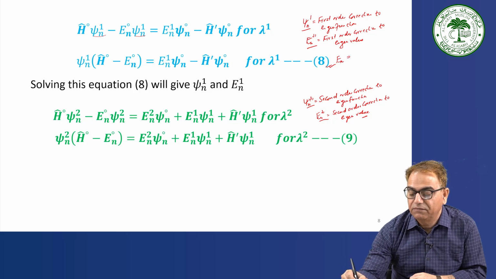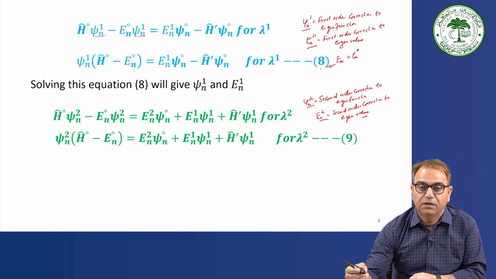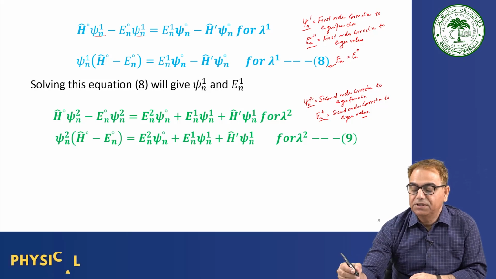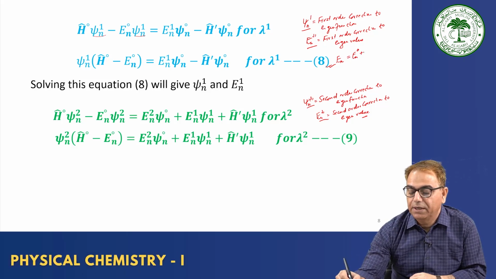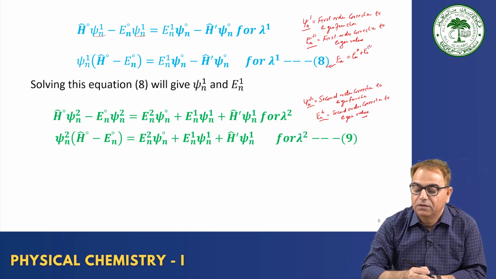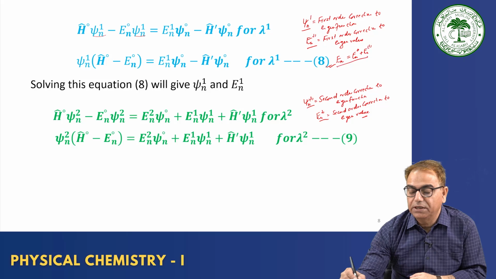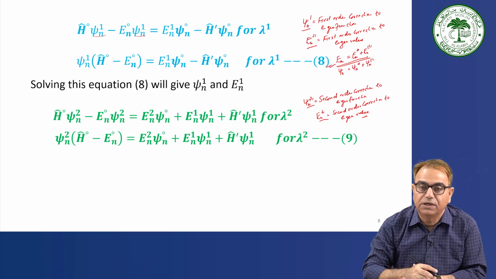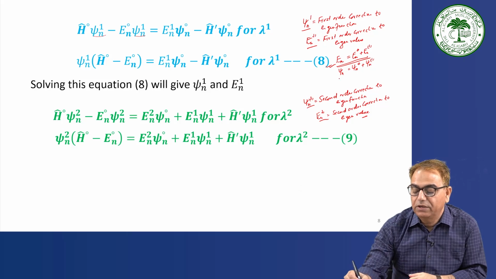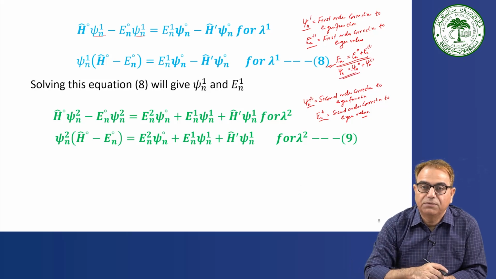The energy of the perturbed system will be En equal to En naught, which is the energy of the unperturbed system and is known to you, plus En1, the correction in the energy. So this will be the total energy. In the same way, the wave function for the perturbed system will be psi n naught plus psi n1, the first order correction. So this way you get the total energy and the total wave function for the perturbed system,